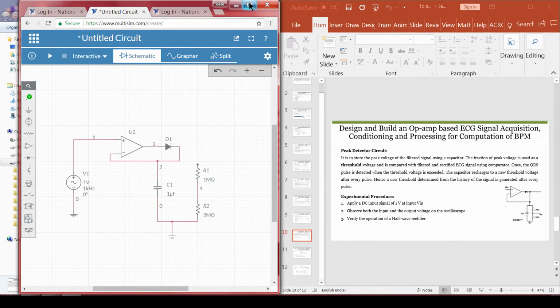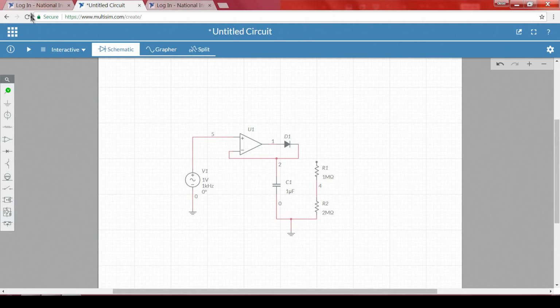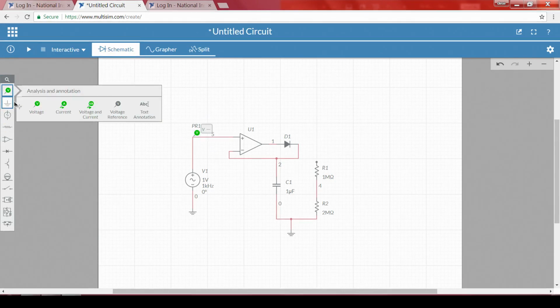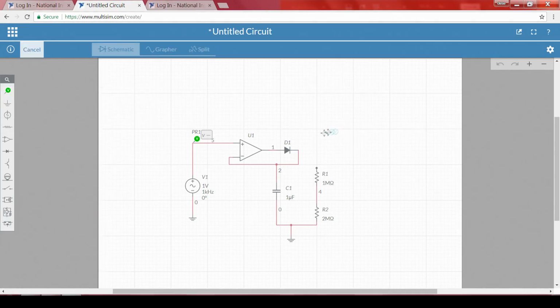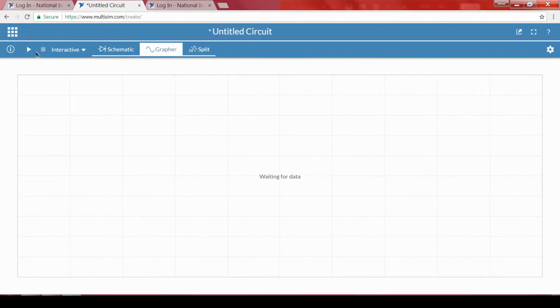So, whether it is giving the threshold of our requirement or not. Now, I will take two probes, one at the input, which measures the input voltage that we are connecting to the op amp positive terminal, and the other one at this particular point. The green represents our input and the blue represents the output of the op amp. Now, to understand the circuit, let me go to the grapher and run it.